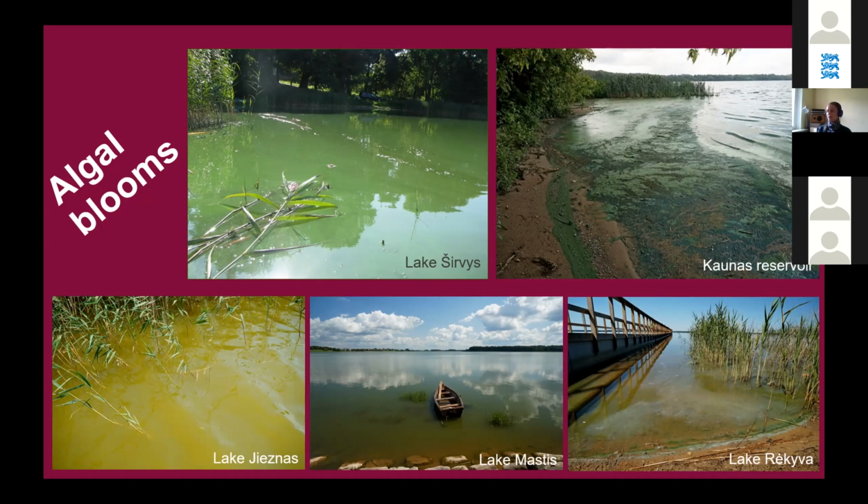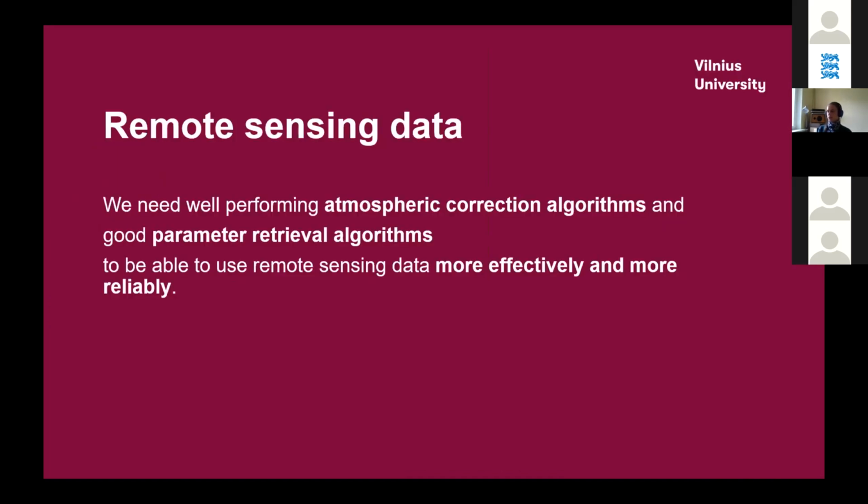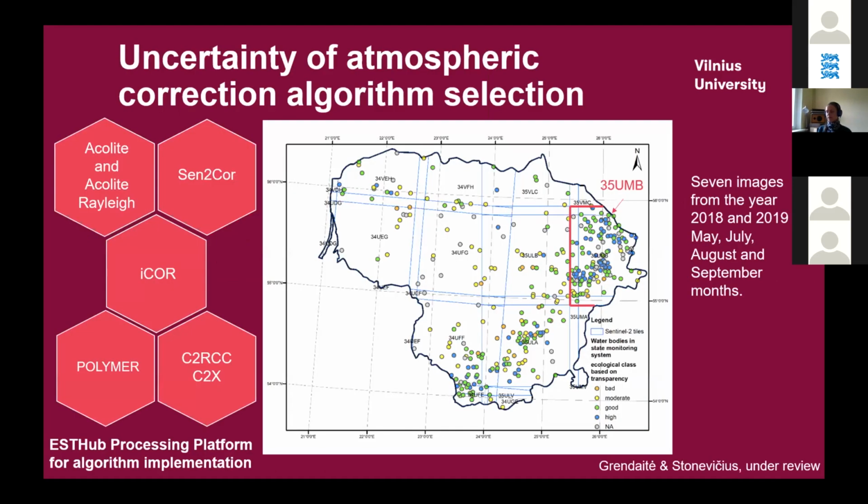One of the largest is from atmospheric influence. So to be able to use remote sensing data effectively and reliably, we need well-performing atmospheric correction algorithms and good parameter retrieval algorithms. Therefore, to show uncertainties emanating from the selection of atmospheric correction algorithm to the retrieval of water quality parameters such as chlorophyll concentration, we performed a test with several different commonly used atmospheric correction algorithms, such as Ecolite, Centocore,